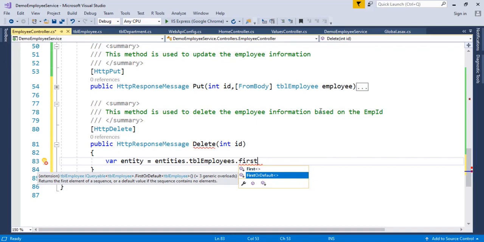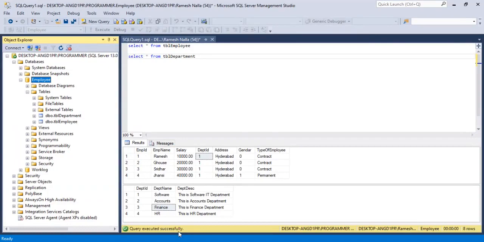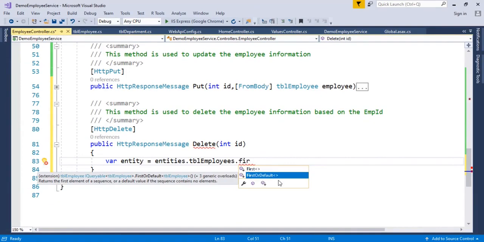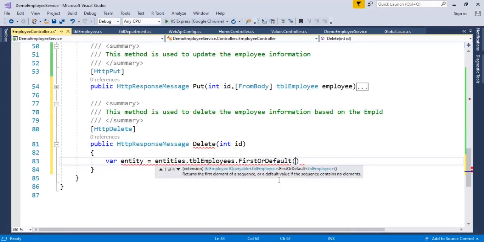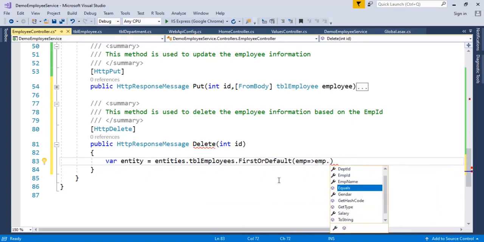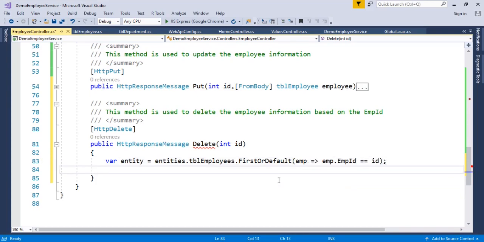If it is matching the employee ID, let's say for example the employee ID 3 is present in this database, then it will give the result, otherwise it will not give the result. That is the use of this method, first or default. First or default employee, such that employee dot empid equal to that ID. It will give the entity.